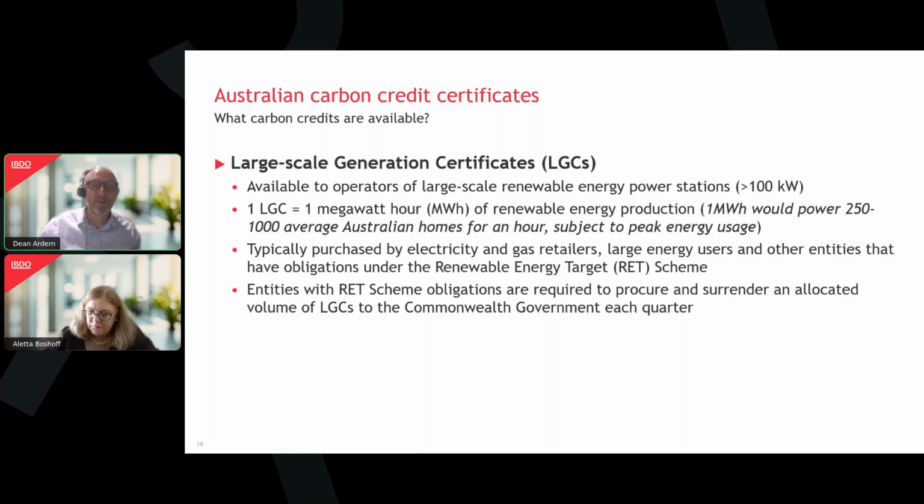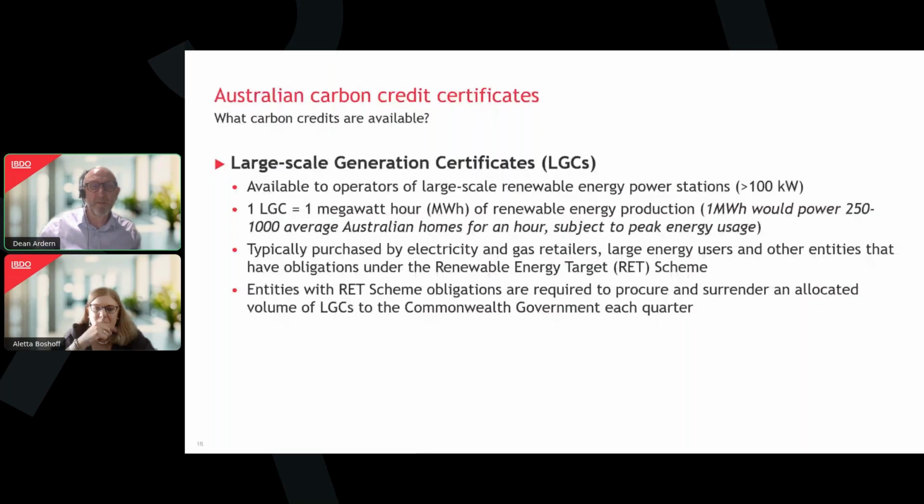One LGC equals a megawatt hour. So if you can produce a megawatt hour of renewable energy, then you are entitled to one LGC, provided you are registered to receive it and that you actually have the right capacity to prove that you've generated that energy. Now, to give context, 1 megawatt hour would probably power something between 250 and maybe 1,000 average Australian homes